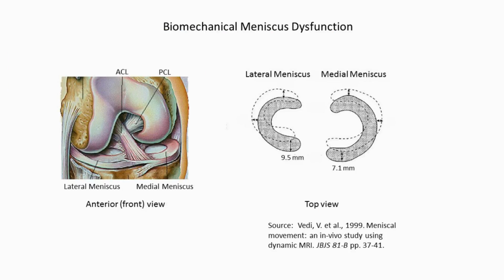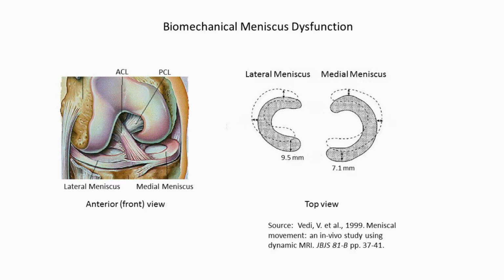A very nice study was done in 1999 that gave us information about how the menisci function. That study used MRI to look inside the knee and showed that the menisci move as the two bones move. You can see from the diagram that the medial meniscus moves about 7 millimeters forward and back, and the lateral meniscus moves almost 10 millimeters. 10 millimeters is about half an inch, so the menisci are doing quite a bit of moving inside your knee